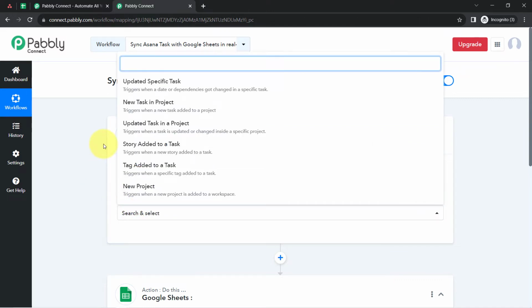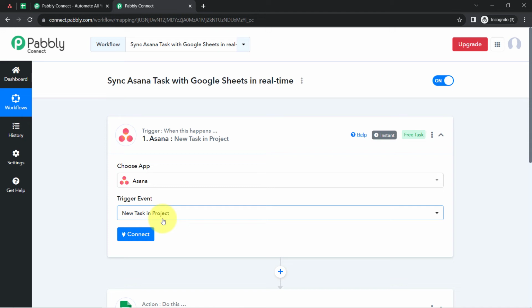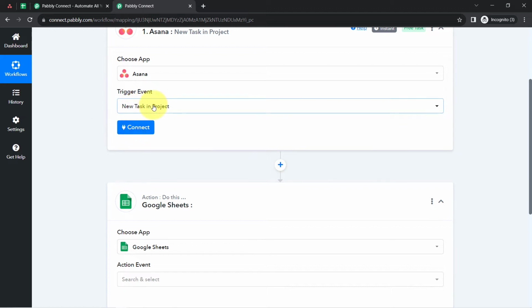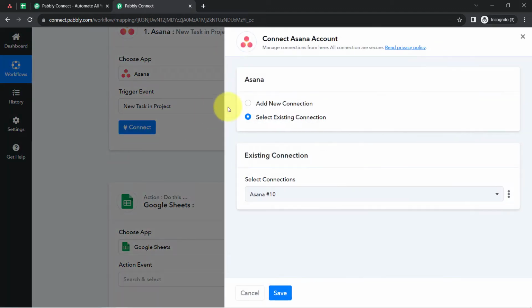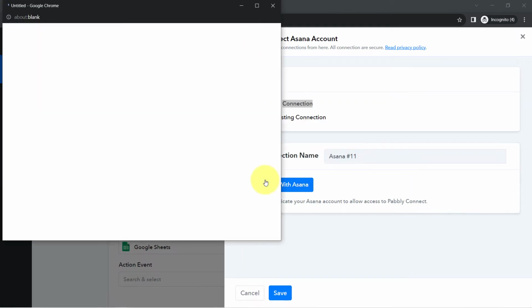So firstly I will select the trigger event, that is new task in project. Okay, so yes, I want to perform the same, that whenever any new task is created or added in a project of Asana, this automation should trigger, or we can say that details of the task should be captured via Pabbly Connect. Okay, so I have clicked on connect, clicking on add new connection, clicking on connect with Asana,